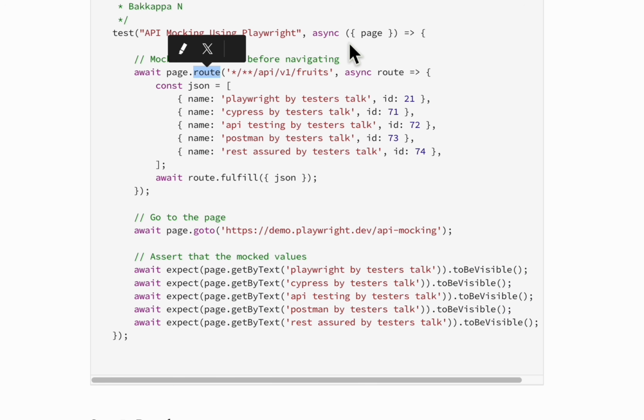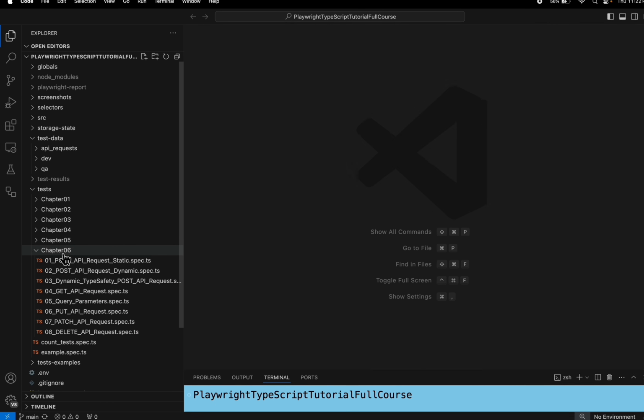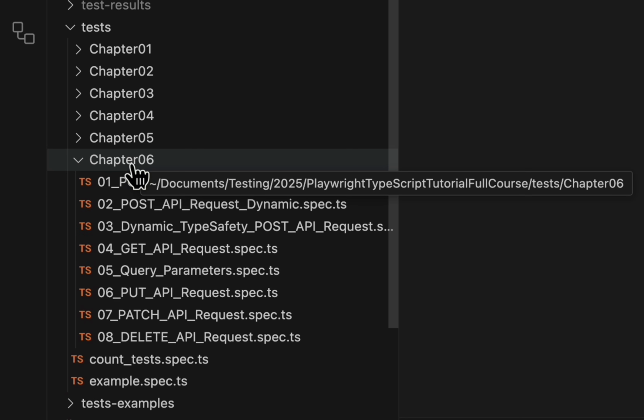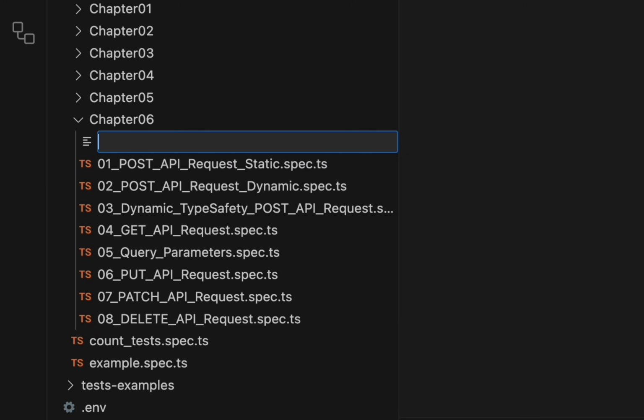Here I will go to VS Code, and I'm creating a new spec file under chapter 6. Here I'll say 09 mock underscore API request dot